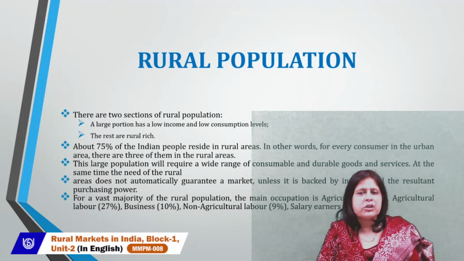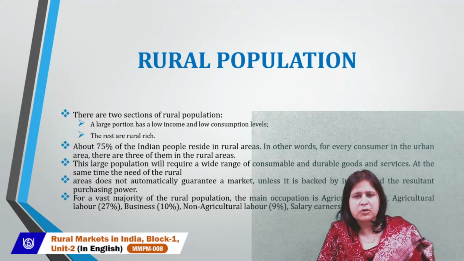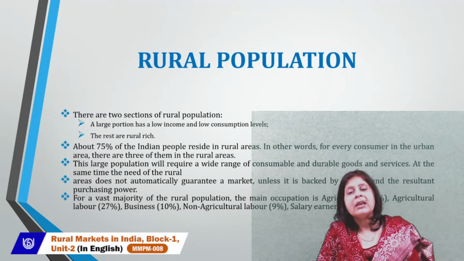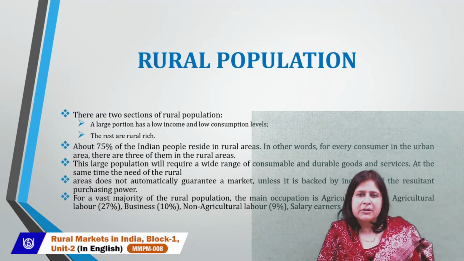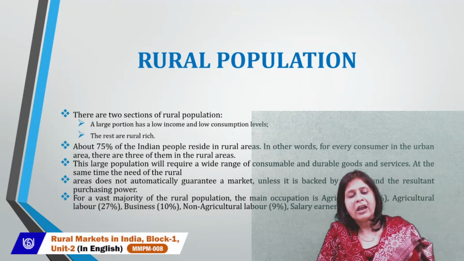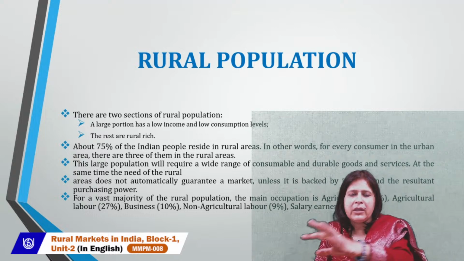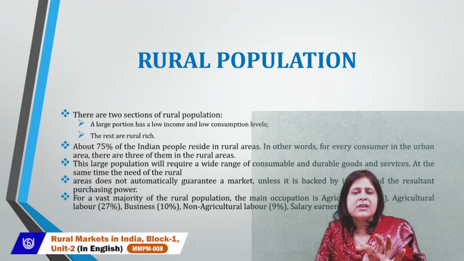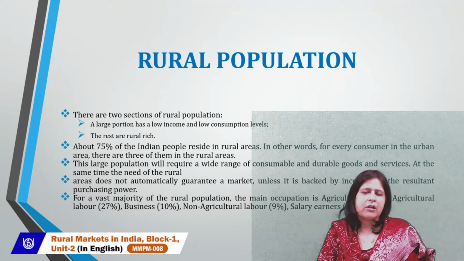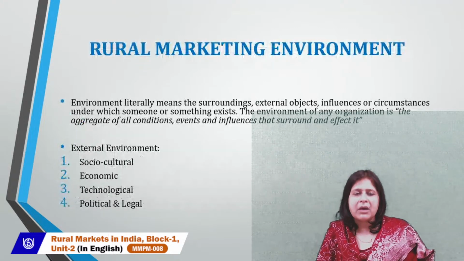We can distinguish it on the basis of percentage: 50% of the rural population have agriculture as their source of income, 27% work as agricultural laborers, 10% own businesses, 9% are non-agricultural laborers, and salary earners are just 2%. So this gives an idea about what type of rural population there is. Rural marketing environment,